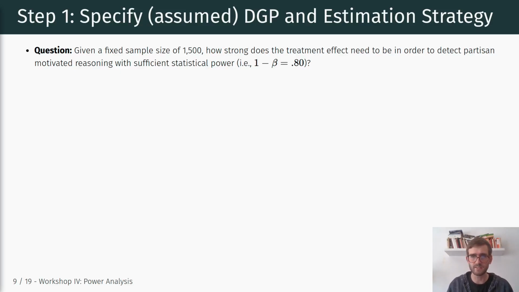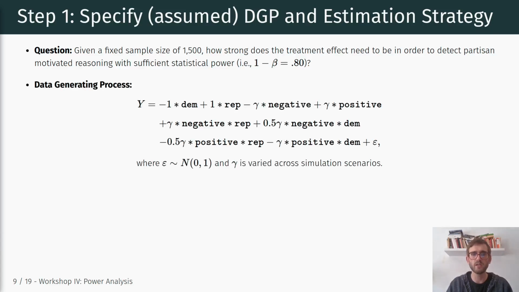So how do we set this up? In the example that I'm going to show you here, we will assume a certain data generating process. This is just the assumed relationship between the variables in the population that we're trying to make inferences about. The way this is set up, our outcome variable is some continuous measure of